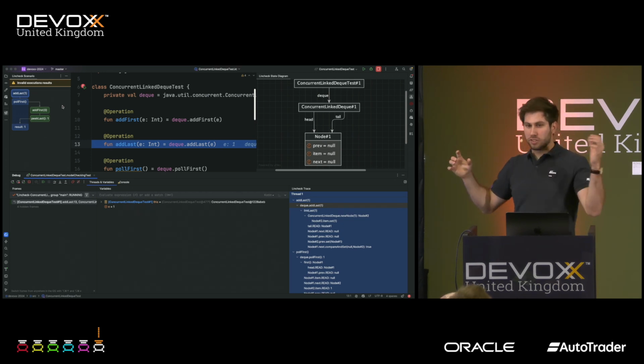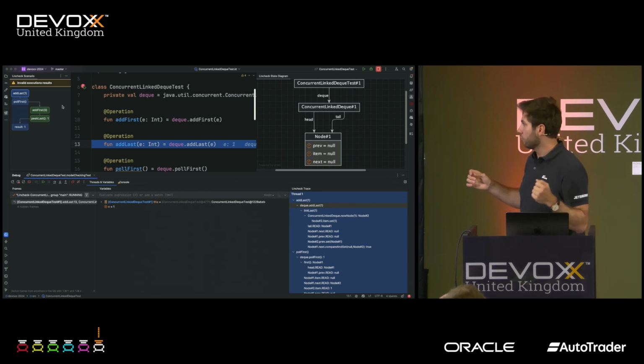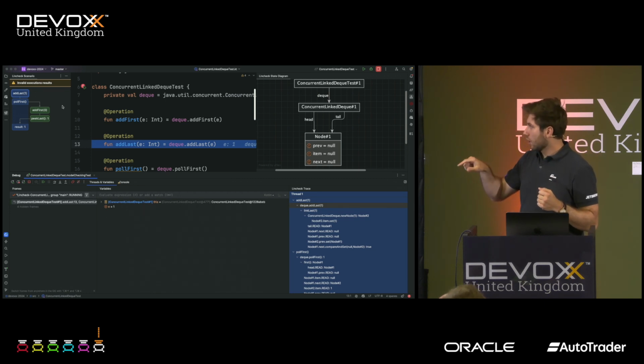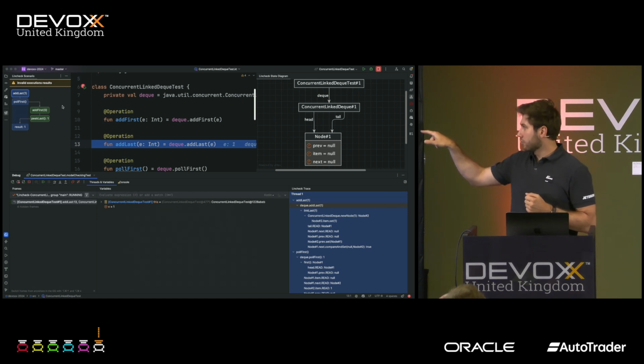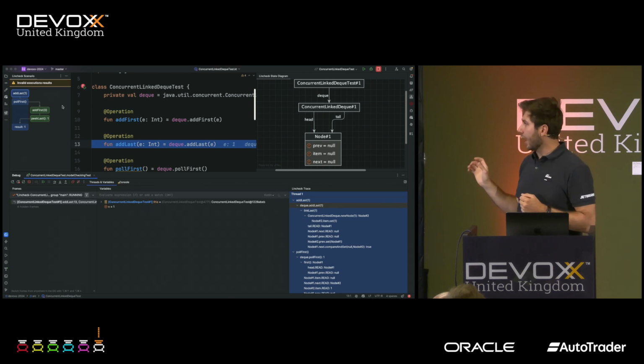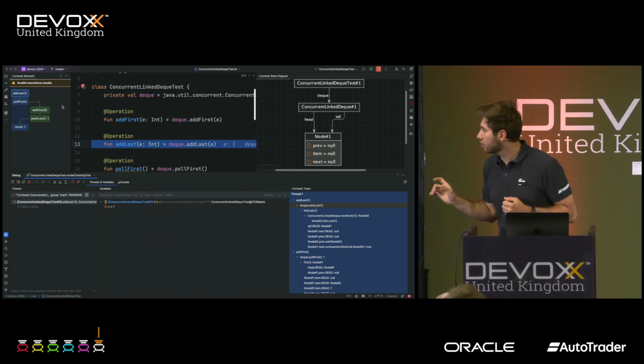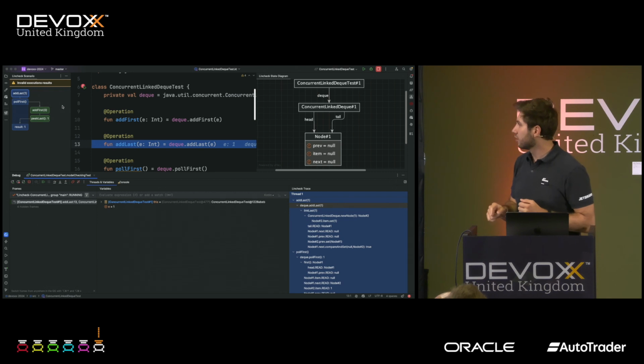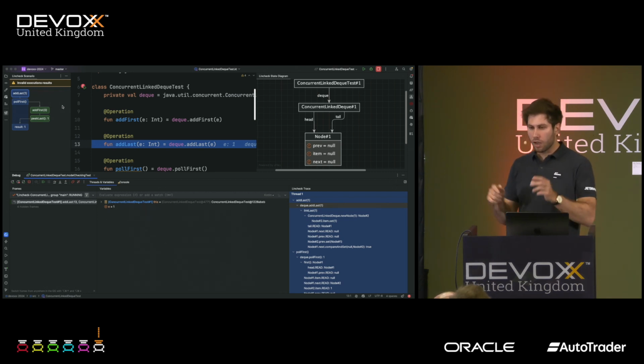Then poll first starts, and so it tries to extract the first element from the queue. But then the execution switches somewhere in between to the second thread. In the second thread, we add, what is 0 here? Because I don't see it. It's not mirroring. It's 0. Okay, so it adds 0 to